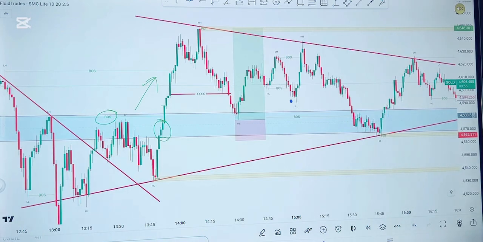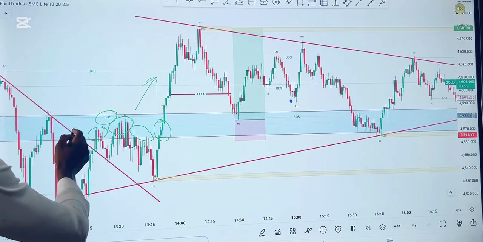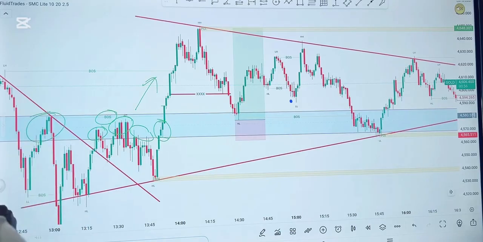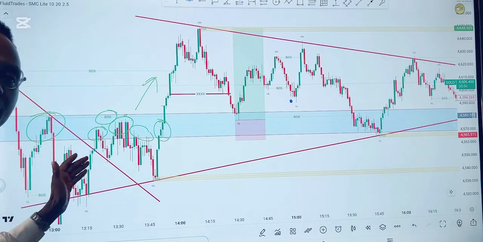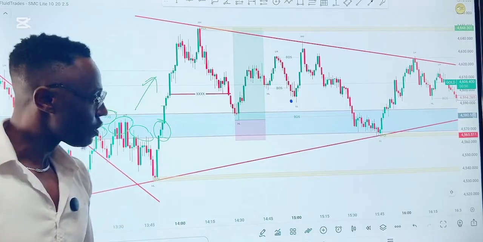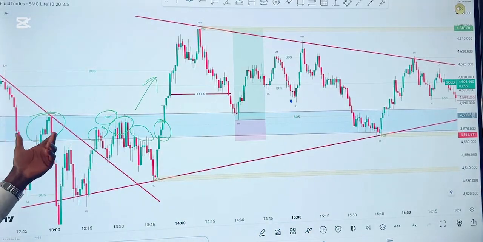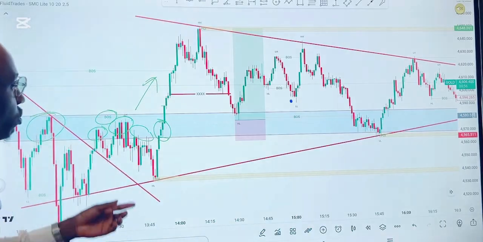What is the key area we talk about? We have the rejection here. We have this rejection here. We also have these rejections here. Do you see that? And I told you that whatever happened at the extreme left side of the chart has a higher potential of repeating the same behavior. So since the price has been rejecting here several times, when the price gets here, it has the potential of rejecting from there,